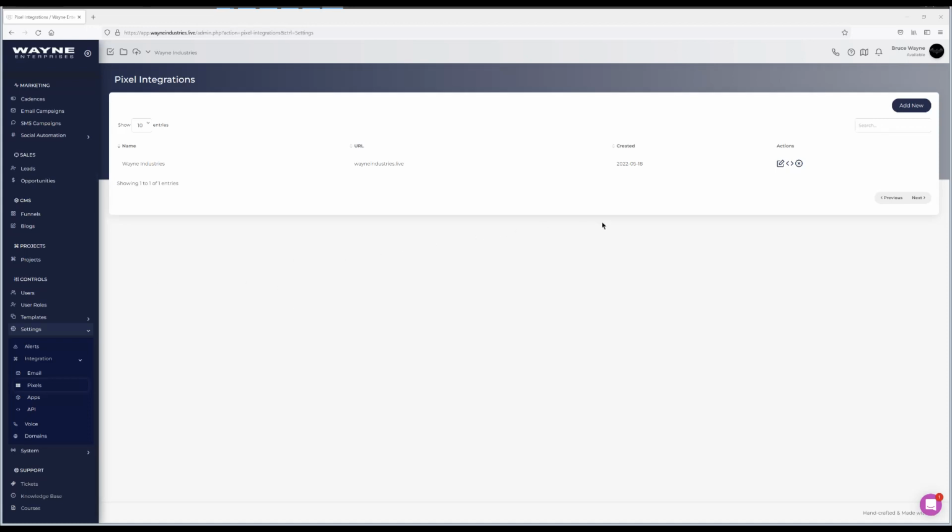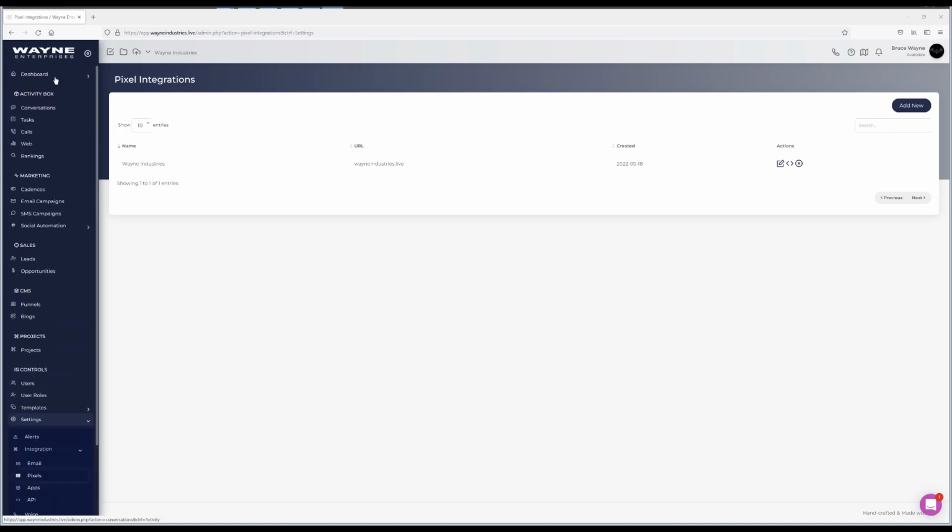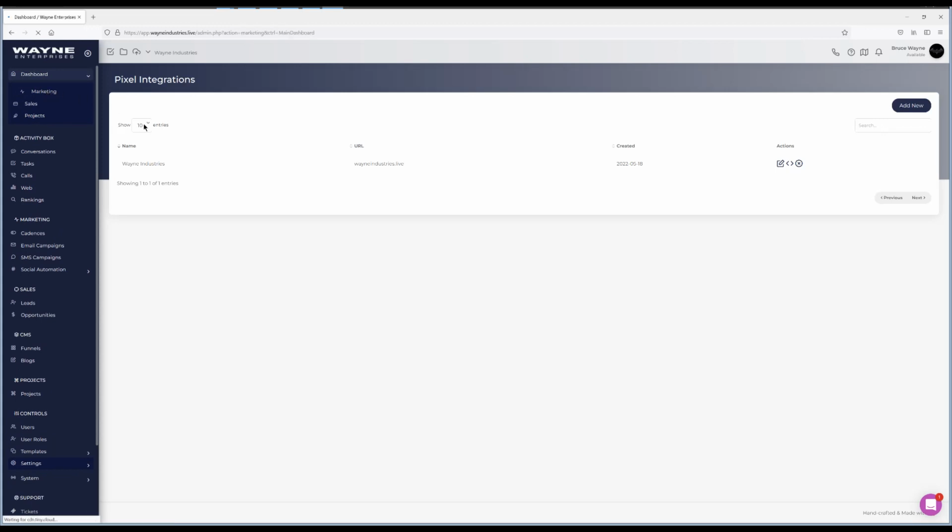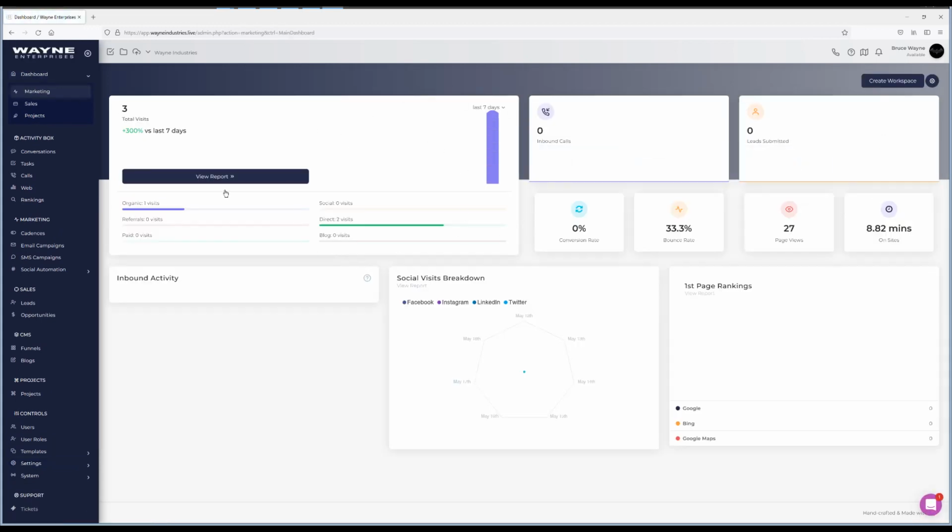Okay, now that I installed my pixel above the close of the body on my website or in the head, I now should start seeing stats come in. If you've waited an hour, you should start seeing some stats come into your marketing dashboard. Now you can configure more detailed reports by clicking on this button here or going under Activity Box and going